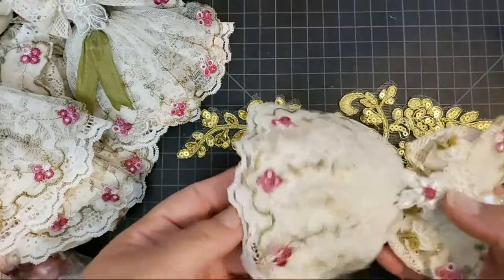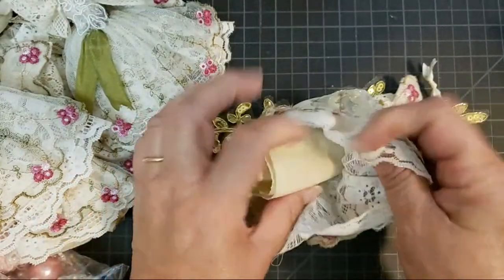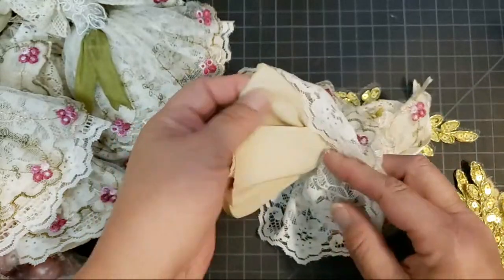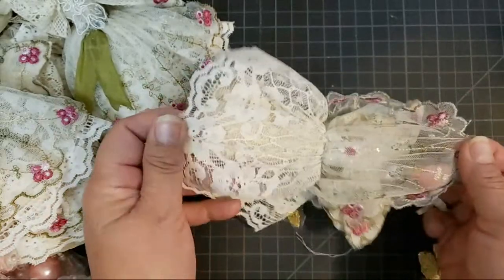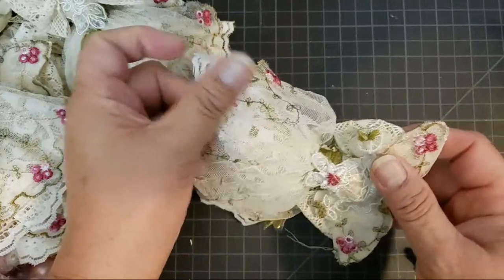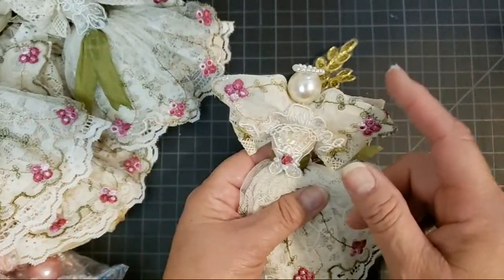This one right here is not as tattered. These are not as tattered as the little dresses. This one I decided to place a soft fabric at the bottom as my base, and then I put a lace on top of that, and then I put this beautiful lace on top, and then the wings, I have a